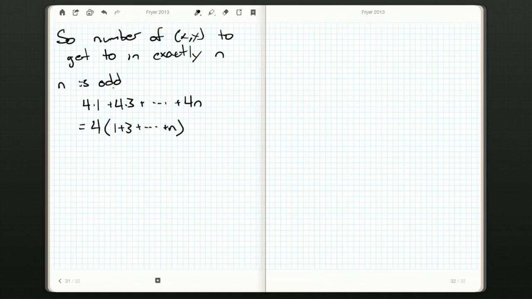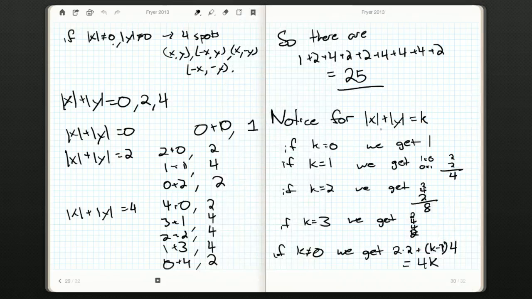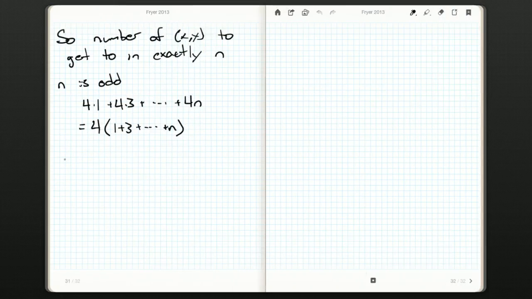So if n is odd, what we can do is generalize this and say, if we're trying to get an absolute value of x plus absolute value of y to be exactly k, other than if k is 0, we're going to have 4k different x and y that solve this. So we can use that and say, now, if n is odd, the number of ways we can get to